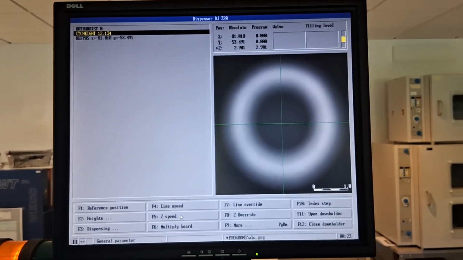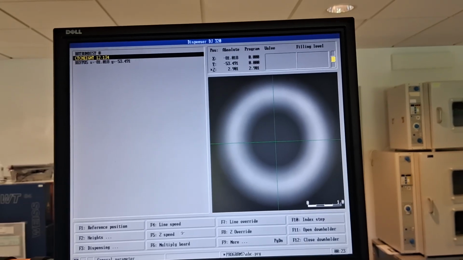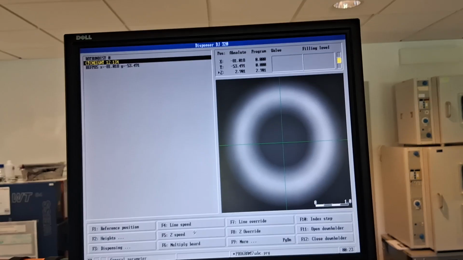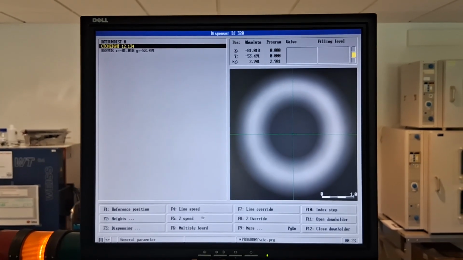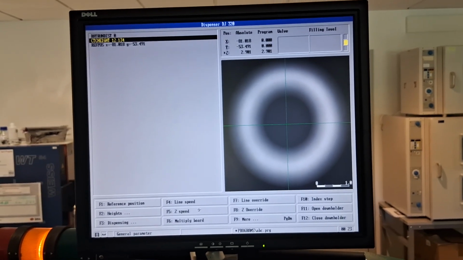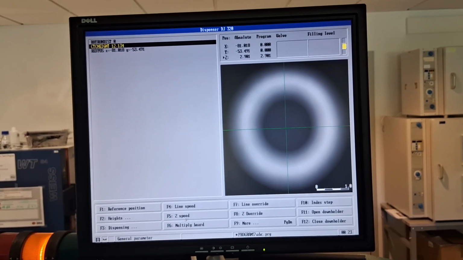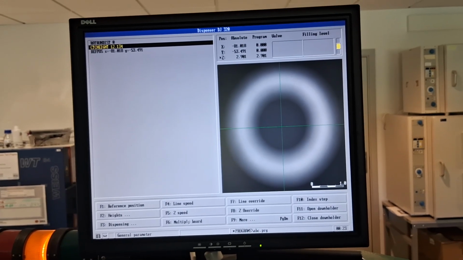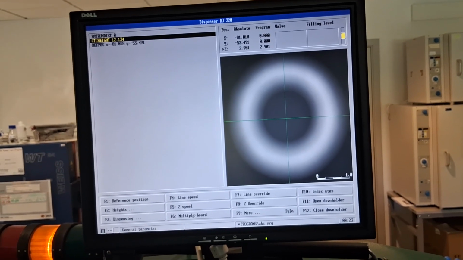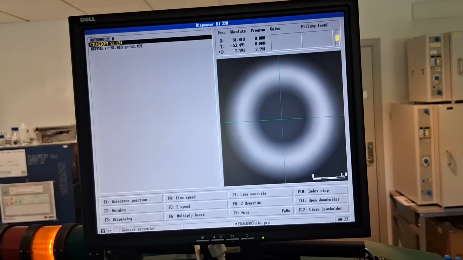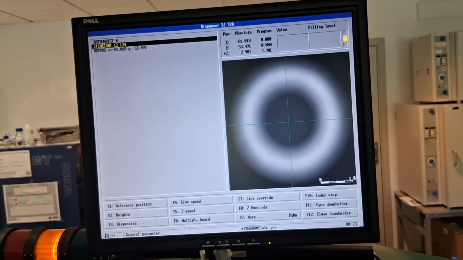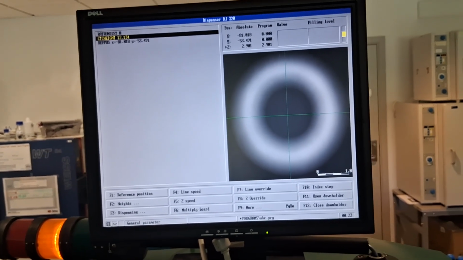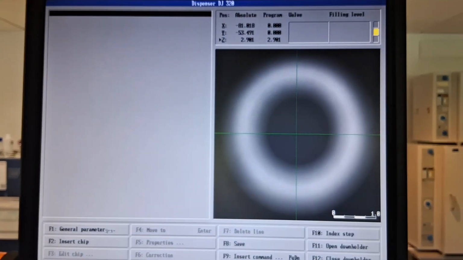And the line speed and set speed are applicable for specific cases, like a more complex program where you need to set a specific x direction speed or z direction speed. And multiple board means the same program will repeat in synchronization with the conveyor belt, so it can be programmed as well. I haven't explored those areas. The general parameters,